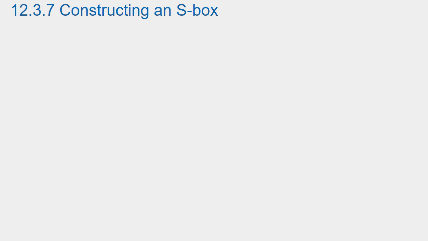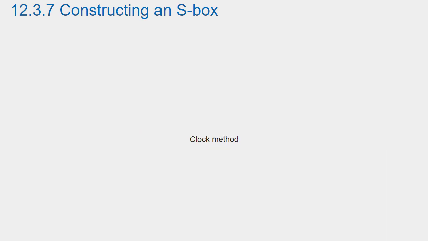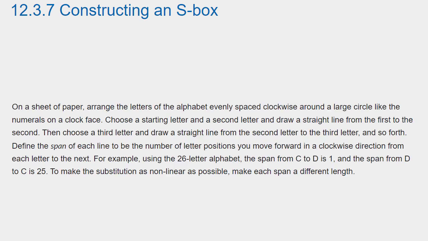Section 12.3.7. Constructing an S-box. Here are three methods for constructing an S-box with good non-linearity properties: the clock method, skip mix, and the MELD8 method. Clock method. On a sheet of paper, arrange the letters of the alphabet evenly spaced clockwise around a large